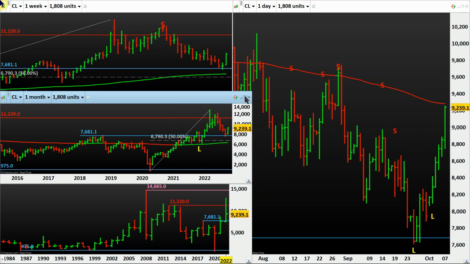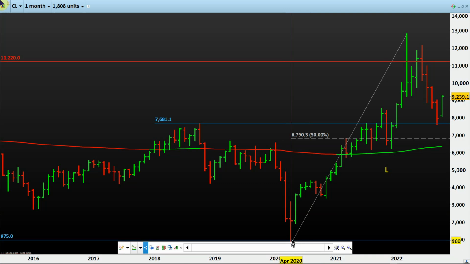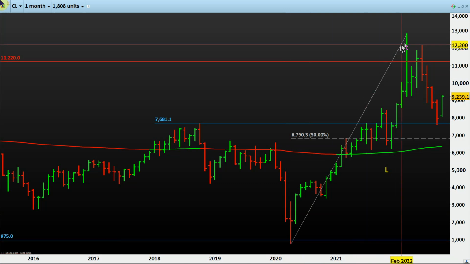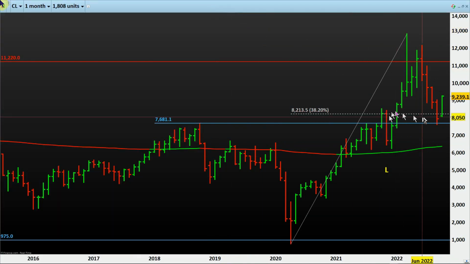Similarly on monthly, if I am drawing a Fibonacci from here to here, and just keeping the one which is relevant, like this 50%. If not, then I can go to 38.2. I'll possibly take advantage of the 38.2 instead of the 50%, because 50% did not come. On the 38.2, what happened immediately in front of us is the crack and snapback. It cracked the 38.2 and then snapped back. So it is snapping back this month.